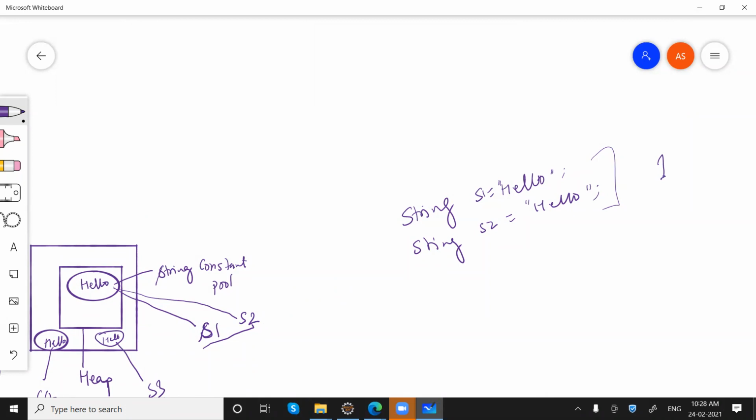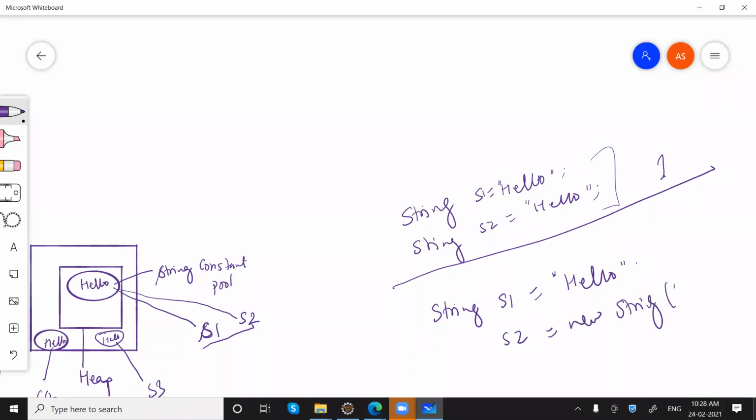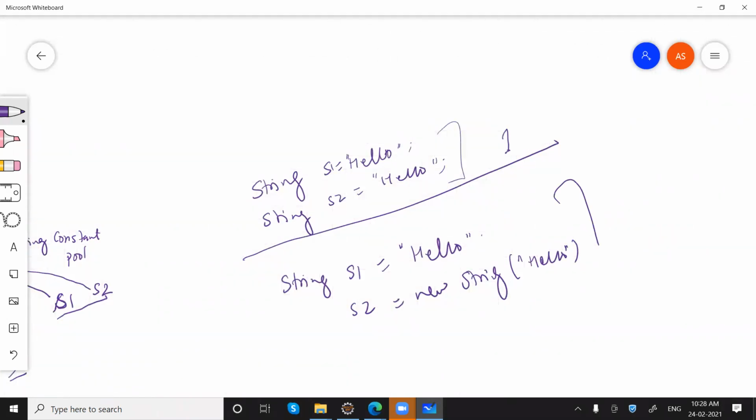But if I say string s1 is equal to "hello", s2 is equal to new "hello", then in this case, how many are there? Tell me. 2. Exactly. One is created by this one and one by this one.